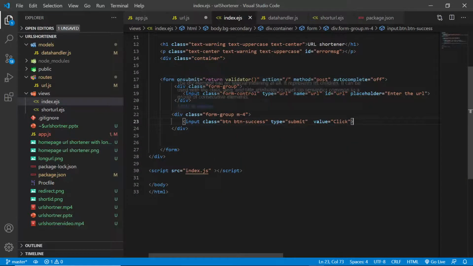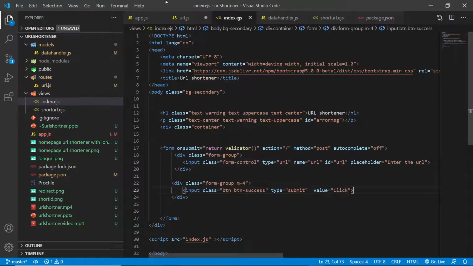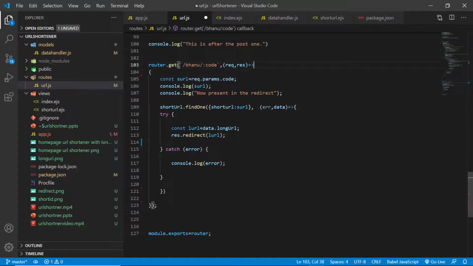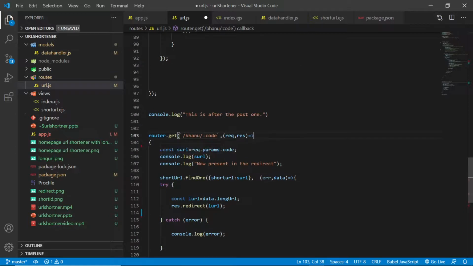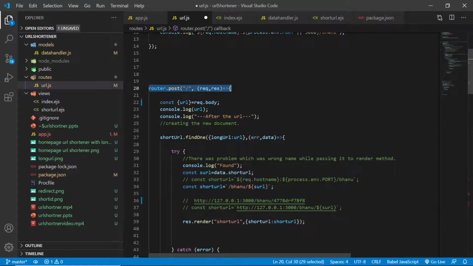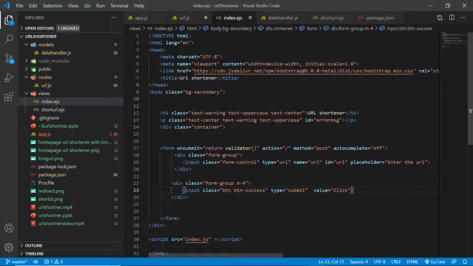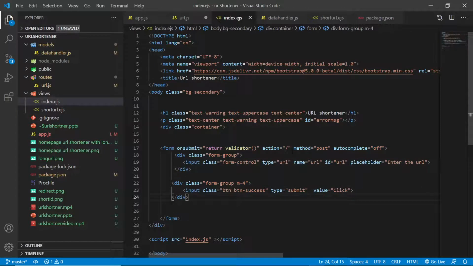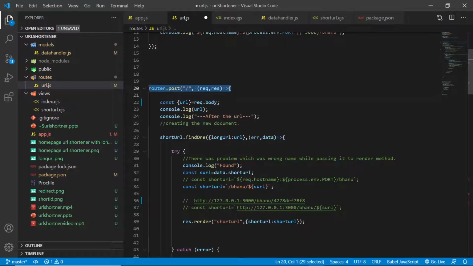Whenever the user clicks on the button, they will be redirected to this particular route and everything inside will be executed, right? No, not this particular route. This is the route they will be redirected to. So your post route to the home page. If you see, this is a tab submit inside the form. So whenever someone clicks on submit, they will be redirected to the home page, that means using the post method. This particular route will be handling all those post routes.